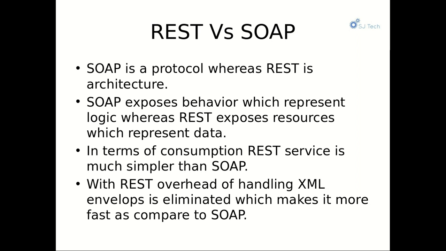We just have a JSON body with us if it is a post request, but in case of a GET request, we do not need to send anything to the server. So we can just use the HTTP connection, provide a URL to it, assign the method which needs to be used, get, post, delete, or something, and then just fire a request. That's it. So the conclusion is the client would be written faster in case of REST as compared to SOAP.